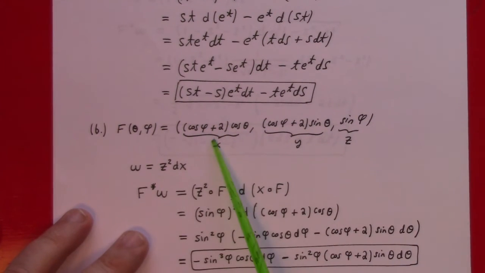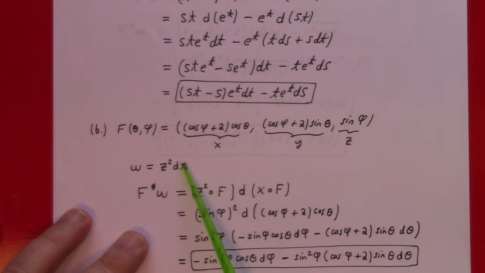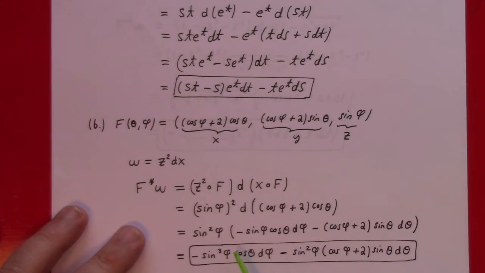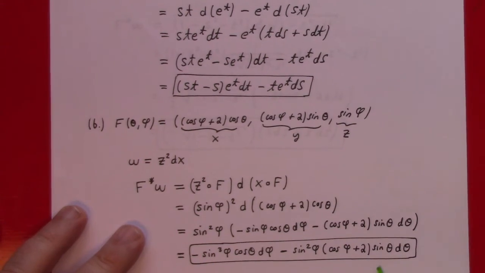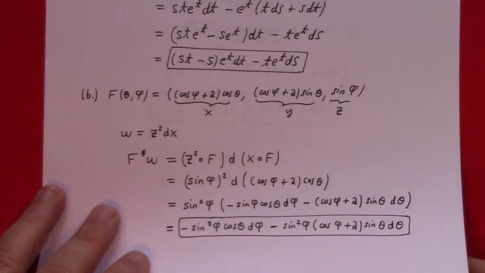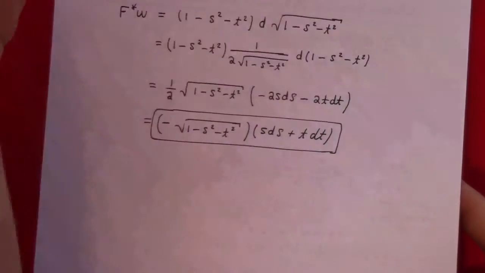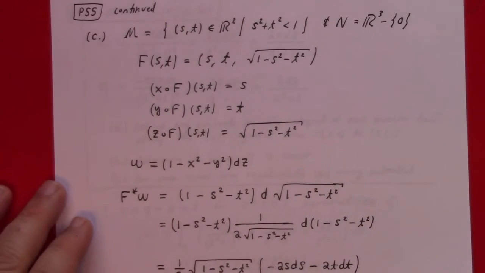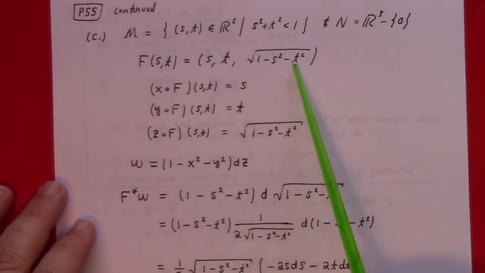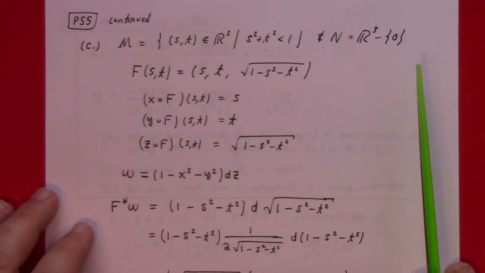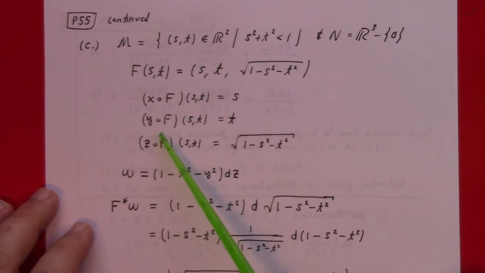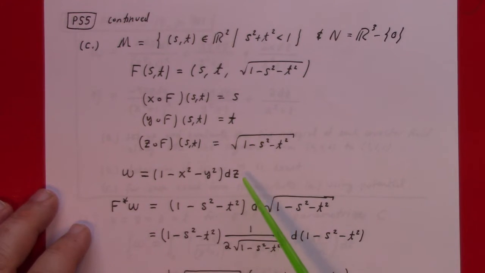Likewise, down here, we plug x equal to that, y equal to that, z equal to that, into z squared dx. Here's some notation to express that idea, but it is ultimately just the substitution of the formulas for f into the form we're pulling back. Likewise here, you've got s. This is your map, and so that gives me x, y, z composed with f to be this, this, and this. And then, when I take this differential form, covector field, and I pull it back under f,